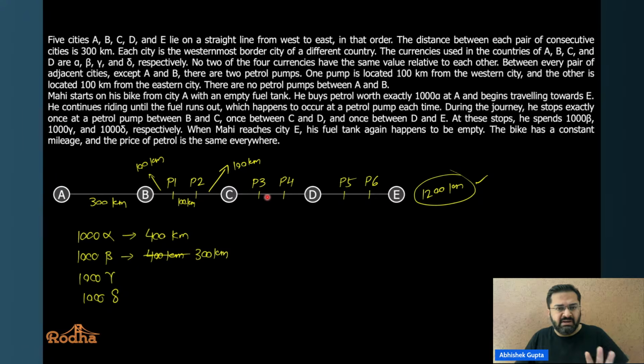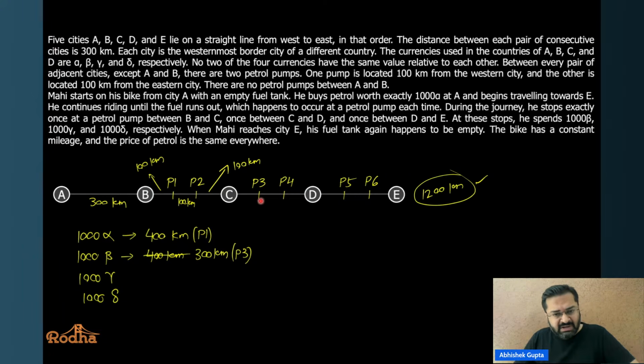And where is he right now? He's at P3 after traveling this 300 kilometers. We can write it like that also. ये ऐसे बोल दो यहाँ पर. ये P1 तक आया and यहाँ पर ये P3 पर आ गया. Right? जिससे confusion ना हो. अब ये जब P3 पे यहाँ पर आ गया, this is 300. So 400 is done, 300 is done.